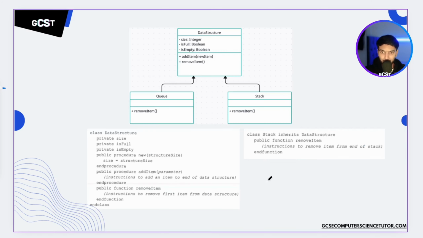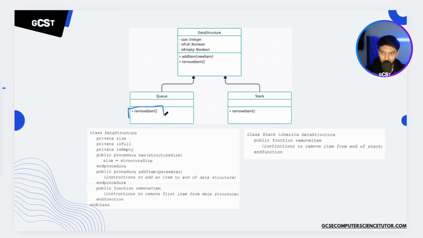And we can also see this in a more real life scenario whereby we have a data structure class. Maybe if you've covered data structures, you might be able to understand this. So we have the attributes size, is full, is empty, and add item, remove item, and then we have queue and stack both inheriting from data structure. Now you might be wondering, why is there a remove item in both of these classes? Well, the beauty of object-oriented programming is that these children can have their own methods and you can redefine how they work